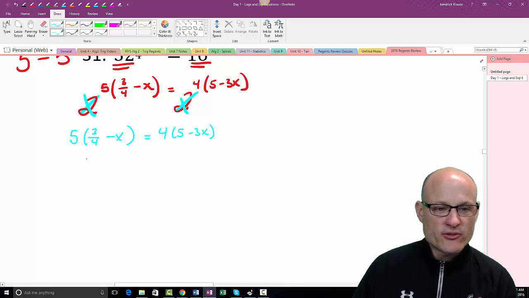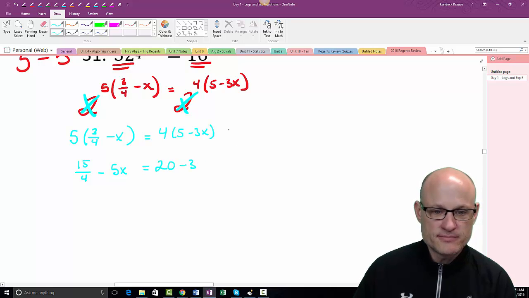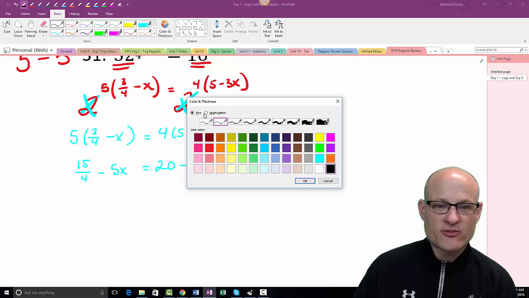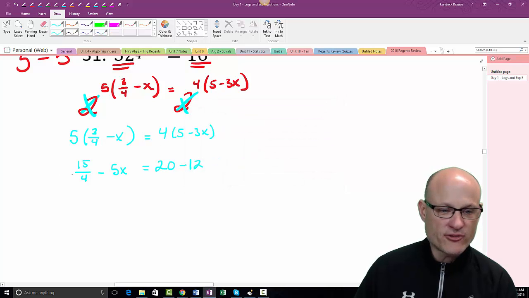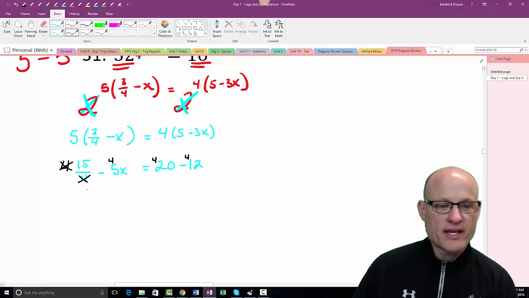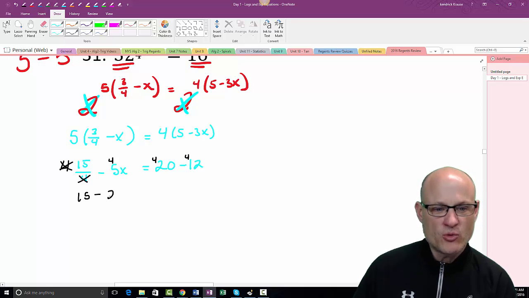This 3/4 is still going to cause us a problem. So this is 15/4 minus 5x equals 20 minus 12x. This fraction is a problem. So what we're going to do is get rid of it right now. We're going to multiply everything through by 4 just to get rid of that stupid fraction. So these 4's cancel. That's why we do it. And I end up with 15 minus 20x equals 80